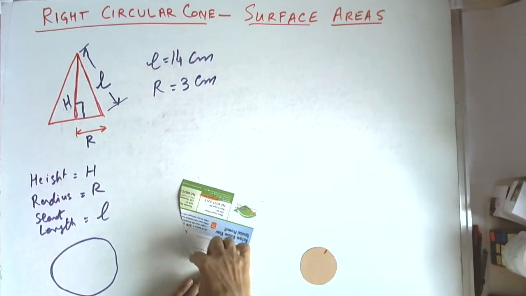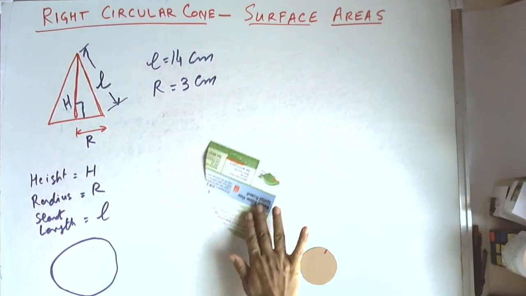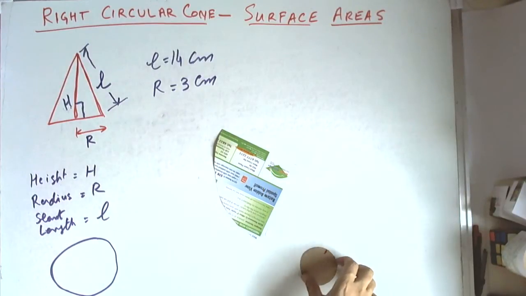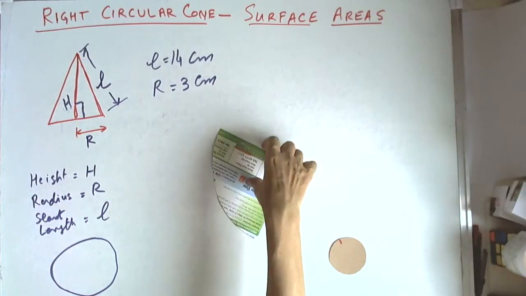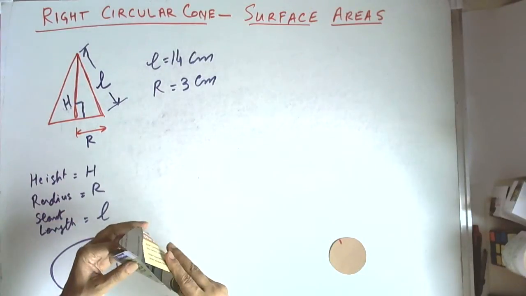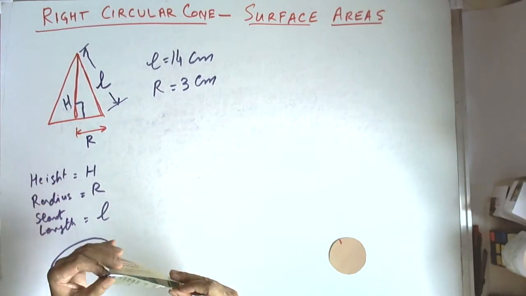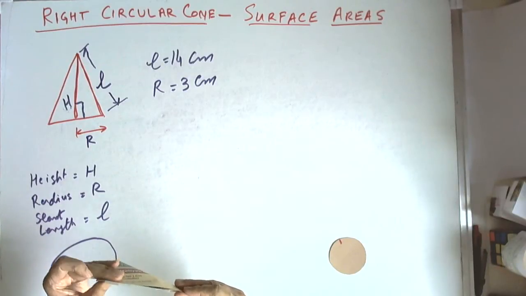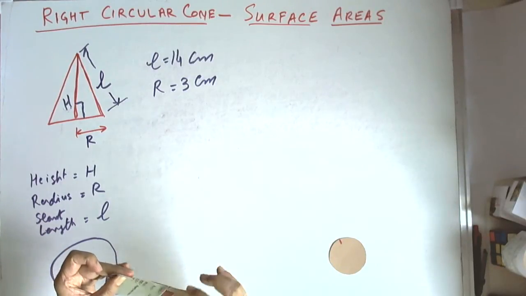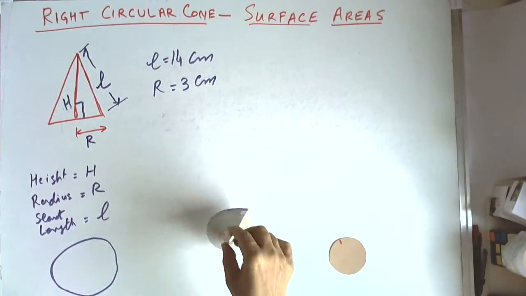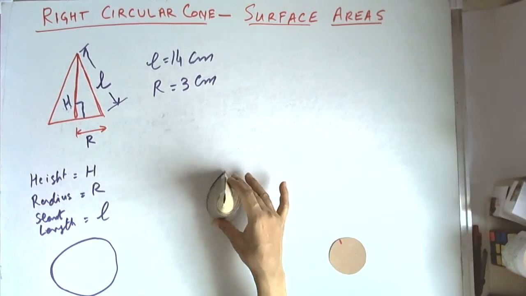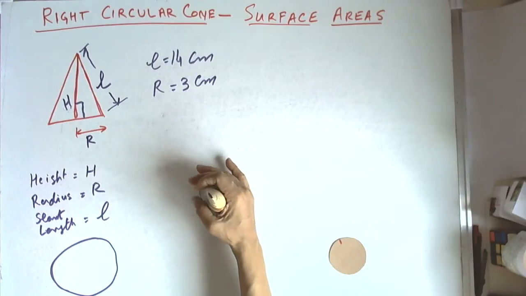Once we do that, we cut another circle of 3 centimeter, the desired one, and we mark on this circle one edge, and then we start from here and continue the whole length like this. So this length at the perimeter should be equal to the circumference of this circle, and then we roll it up like this, making sure that the two edges meet, and then we stick it like this, and we get a cone. So this is the cone.